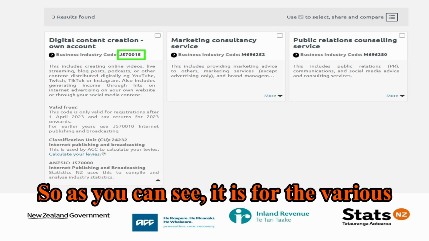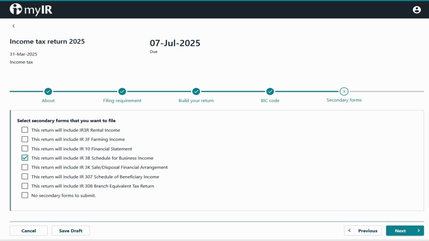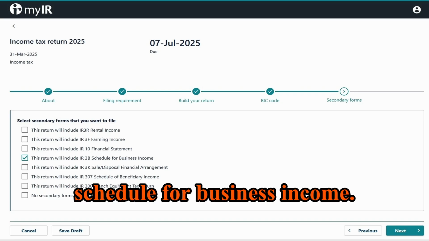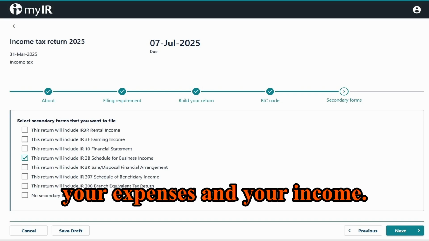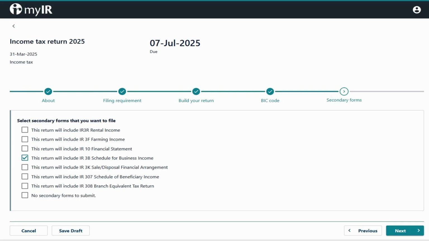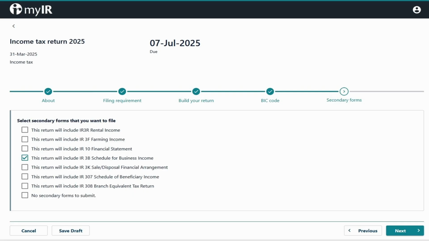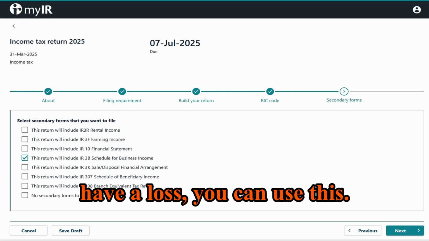So as you can see, it is for the various government branches. Alright. Next, you want to select your IR3B form, your schedule for business income. You want to do this for your expenses and your income. So you do this, one, because you are self-employed. Two, if you have a loss, you can use this,